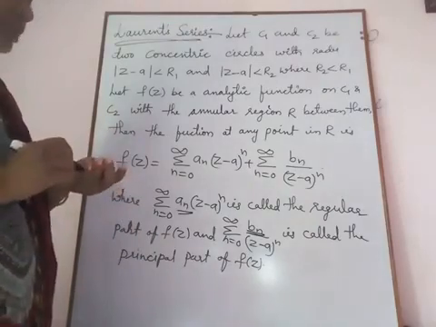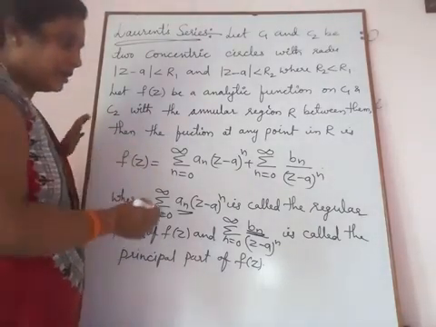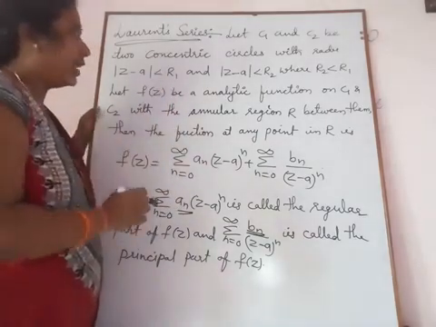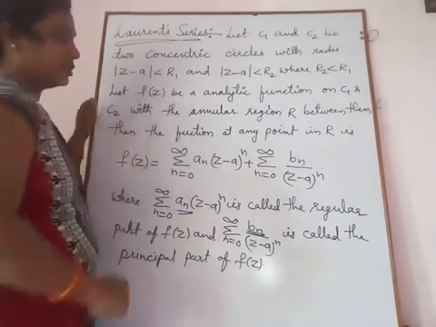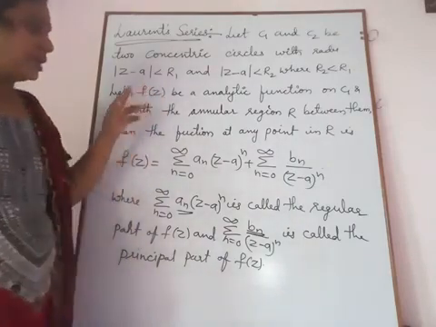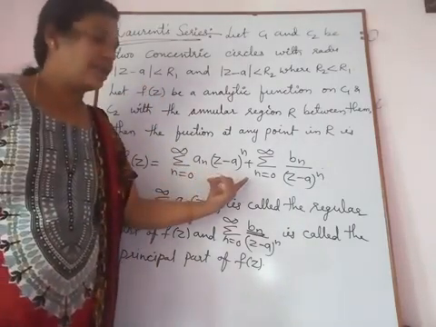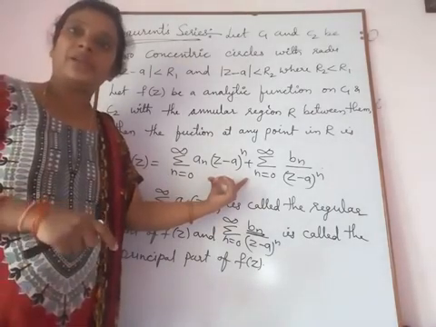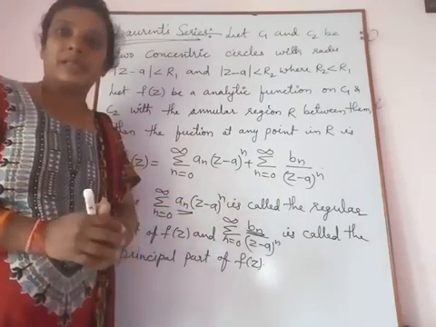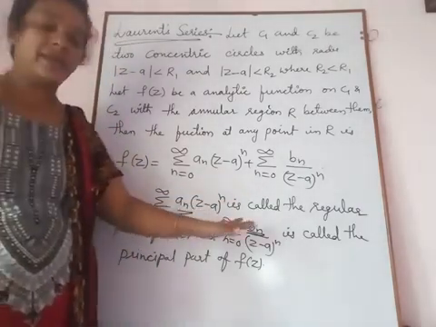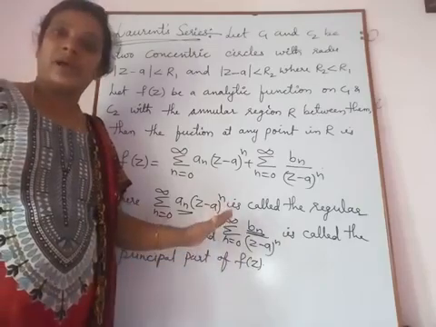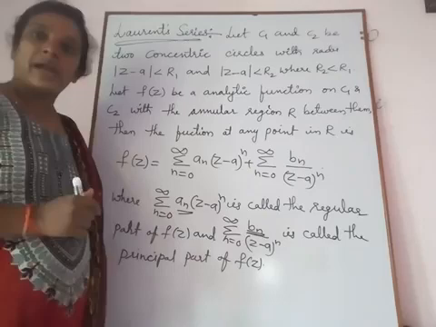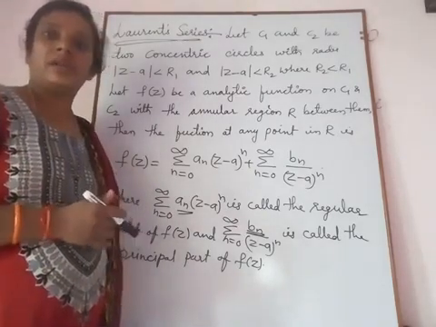In this case, we can find the constant values an and bn, but it is very difficult. Why? Because here the Laurent series can be defined by complex integration. So these expansions can be calculated by the binomial theorem. The Laurent series can be found by using the binomial theorem, because an and bn are very difficult to calculate in the complex integration. So we are using the binomial theorem expansion in the Laurent series.